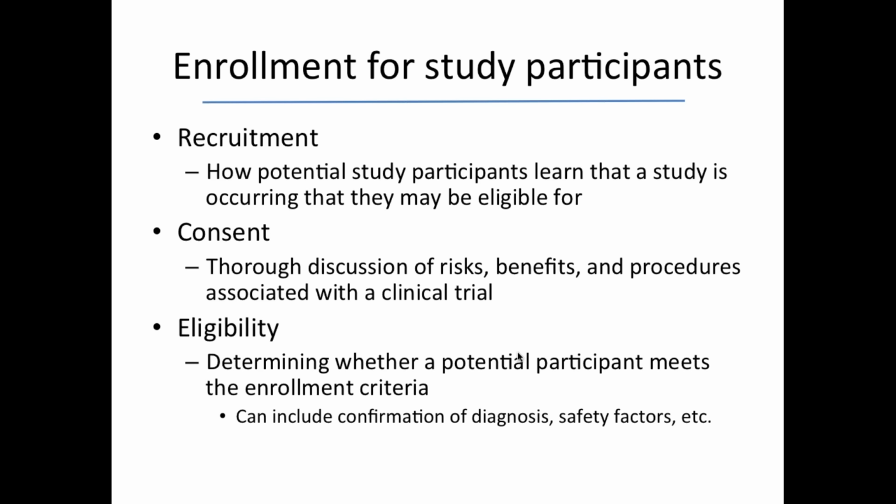And so the last thing about enrollment for study participation is eligibility. And this is something that I can see can be quite difficult, because what eligibility does is really to talk to the potential participant, to learn about their medical history, to learn about their condition, and to determine if it's safe for them to enroll in that study. So that's what's called enrollment criteria. This could include things like needing a clear confirmation that someone actually has a diagnosis, knowing if they're on medications that might have interactions with the study drug, concerns about the safety for that person.